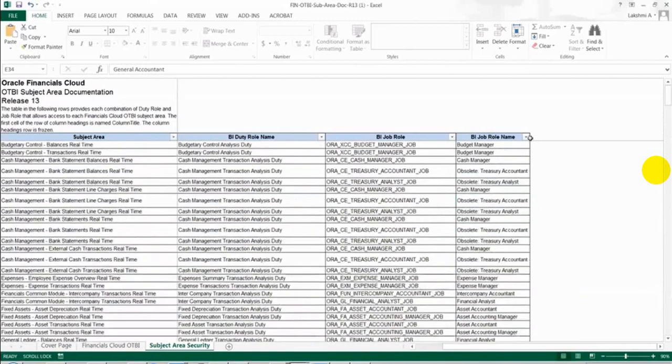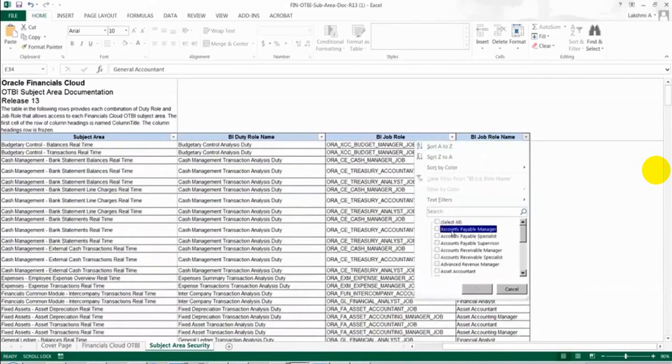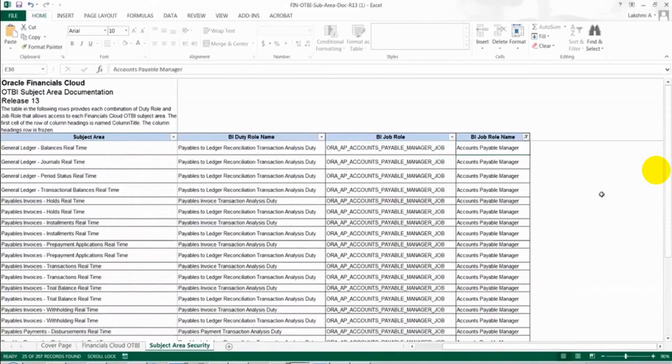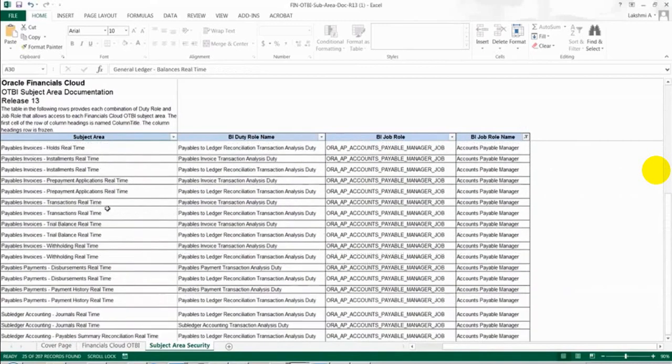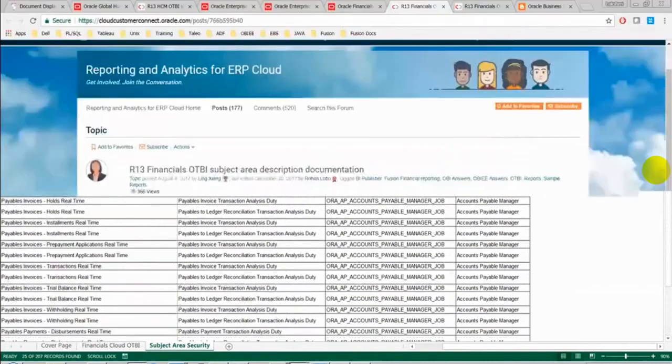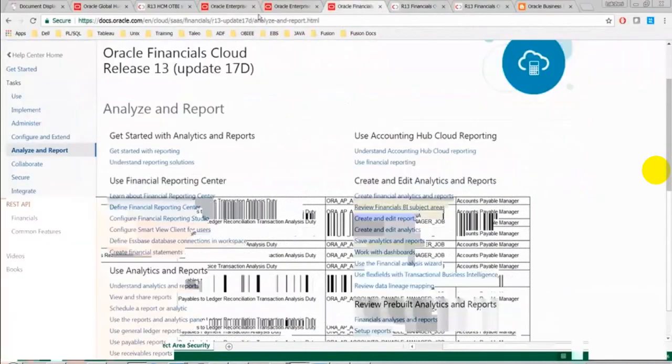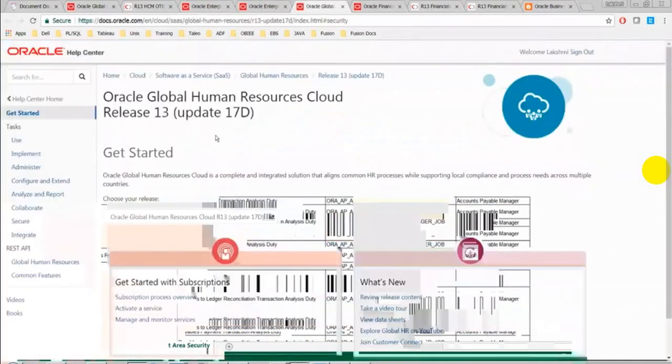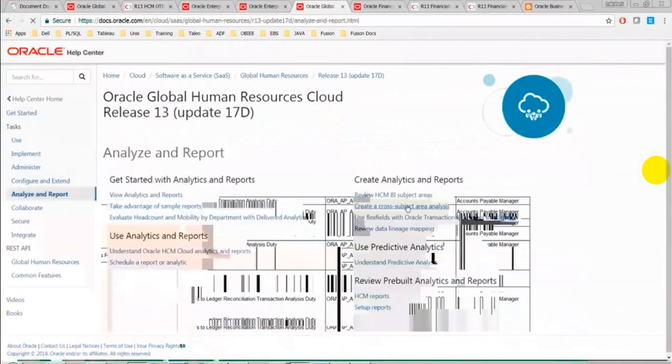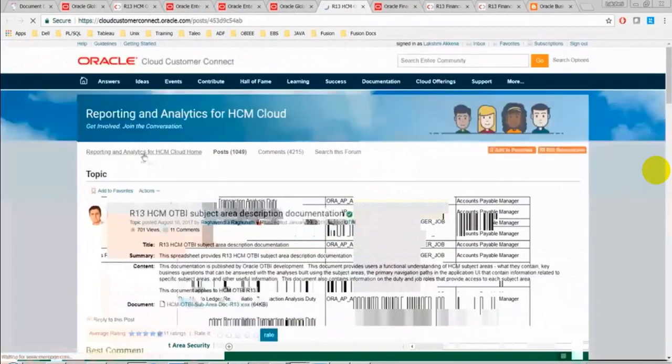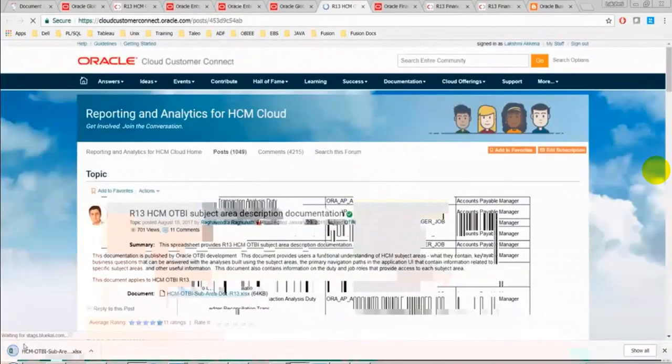For example, if we filter by account payables manager, this account payables manager gives access to all the subject areas. Similarly, in my case, I took the financial HR subject area, the HR role. I have assigned the human resource analyst role. Basically, if I go to analyze and report, and if I go to review HCM BS subject areas, and if I have this Excel sheet,